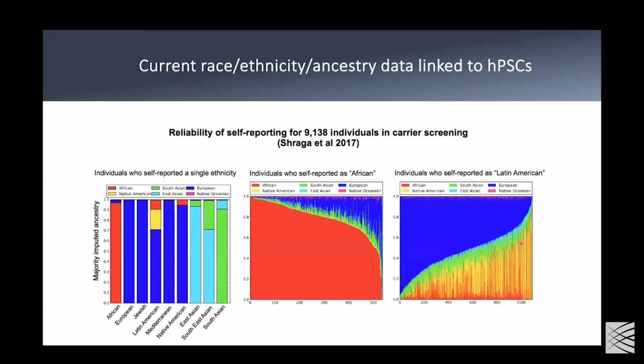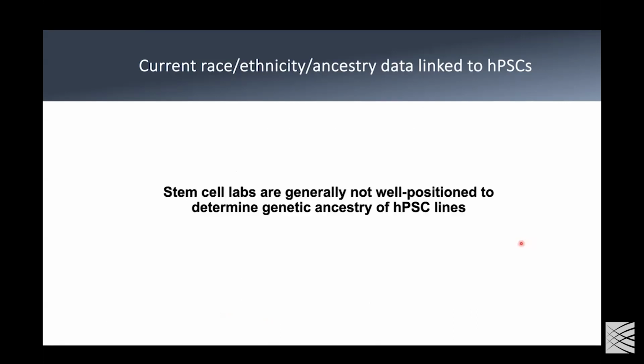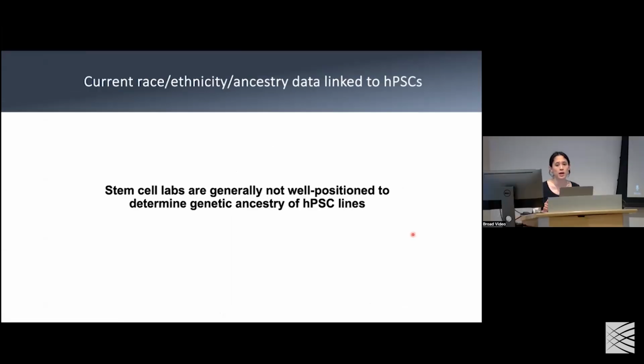So I think the bottom line from this is just to emphasize that stem cell labs are generally not well positioned to determine the genetic ancestry of the lines that we're working with. And so we really rely on the information that's coming from the cell bank and rely on that information being accurate, because these are really lines that can live forever in the lab. And so what we'd love to see, and Ralda will talk about this a little bit at the end, is